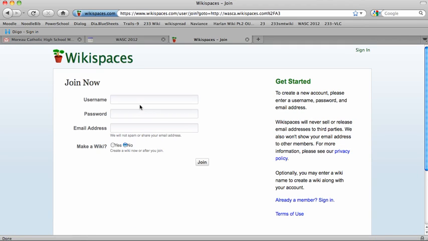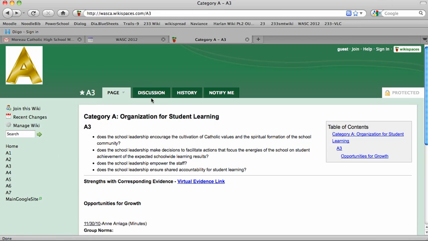You would be prompted to enter a username, a password, and an email address. We have already made the wiki for you, so the default is correct. No should be checked, and then you would click Join. Once you have joined, you can go back to the wiki